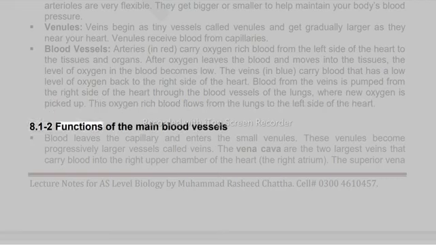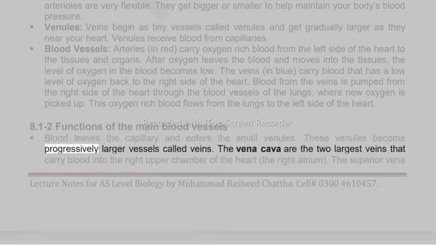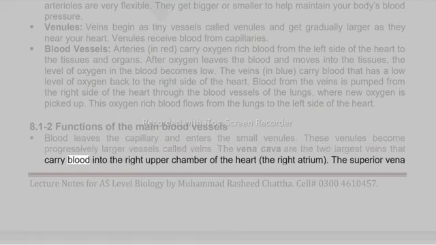8.1-2 Functions of the main blood vessels. Blood leaves the capillary and enters the small venules. These venules become progressively larger vessels called veins. The vena cava are the two largest veins that carry blood into the right upper chamber of the heart, the right atrium. The superior vena